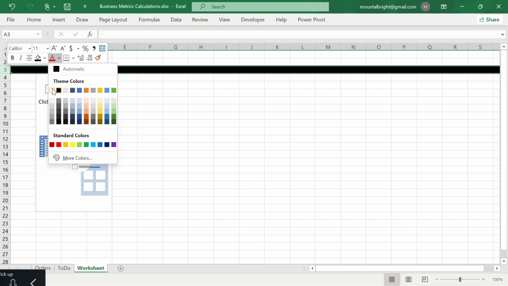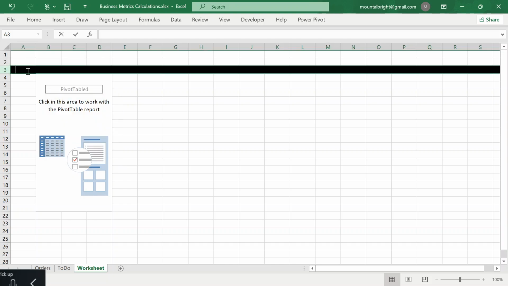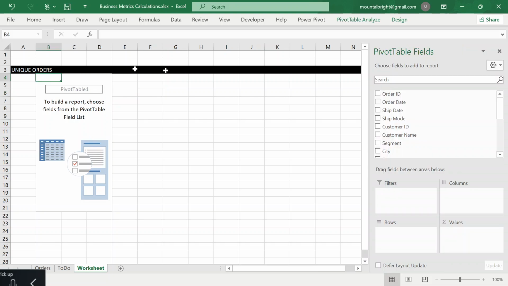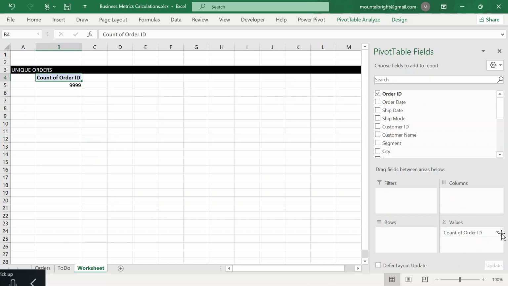Let me style it. Unique orders, right? So I have this, and then what do I do? Okay, let me see. I can drag this to the values field, yes, and then you could see that automatically Excel has performed the